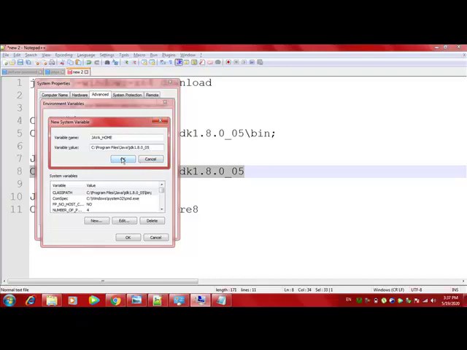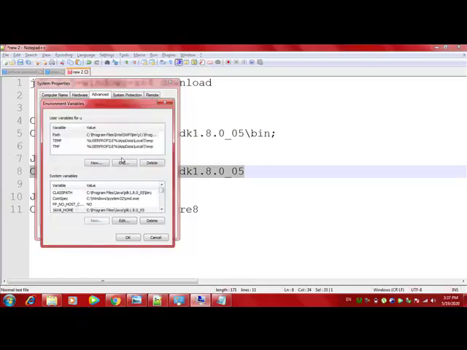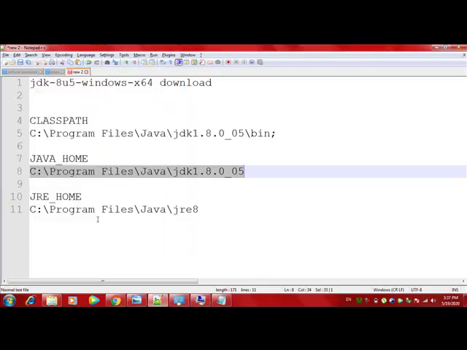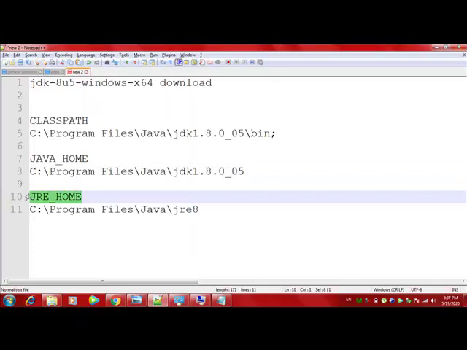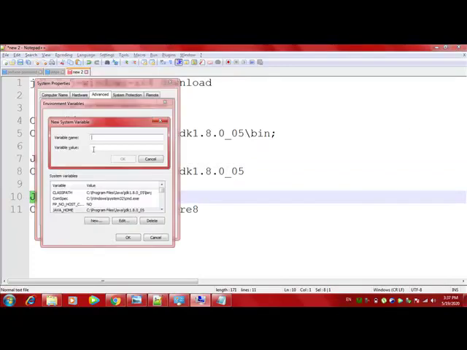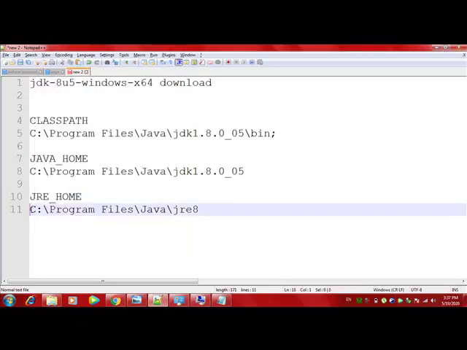If it's a single one, then you might skip the semicolon also. And add a new one over here. That will be JRE_HOME and this is the path for JRE.